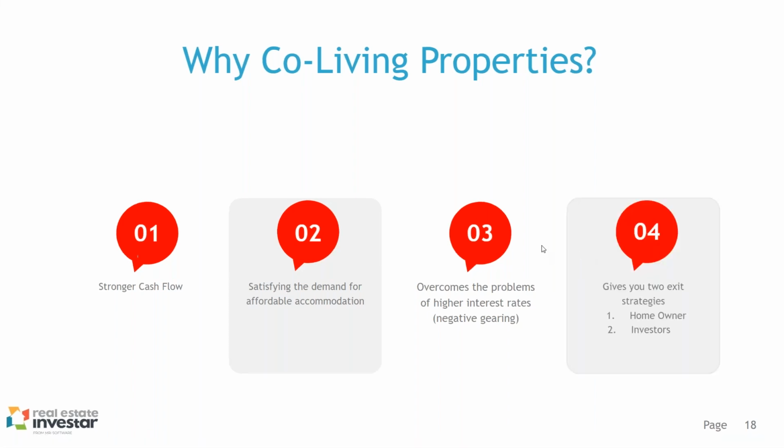The other big benefit with co-living over some of those other higher income type properties is the exit strategy. At some point when you come to sell down your portfolio, you'll need to sell those investment properties, and some of those higher-yield student type accommodation properties are very limited. You can really only sell them to another property investor. The big benefit with co-living long term is it's generally not very different from a standard house. So you're suddenly opening up your end user market of potential buyers. You will cater to home buyers, because it's a fairly standard home with a few slight modifications, or it might be sold to an investor looking for that higher yield.